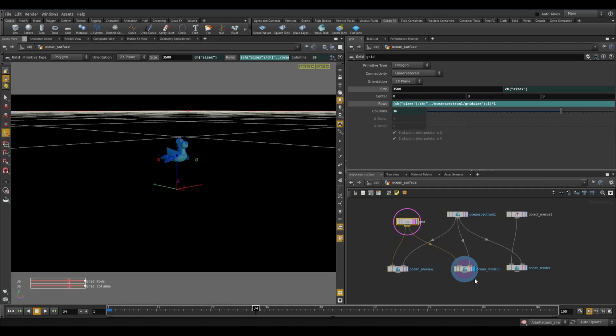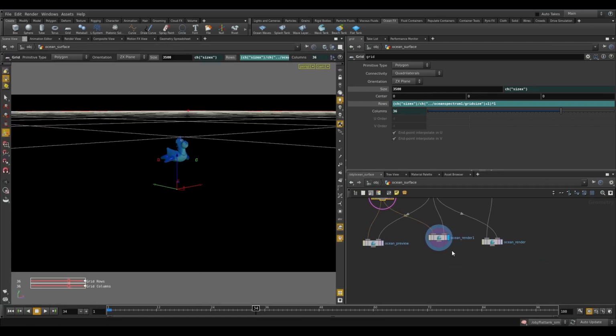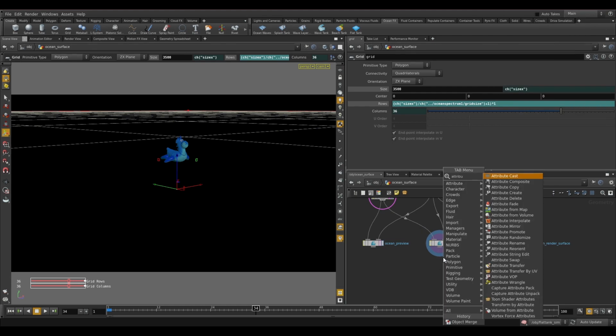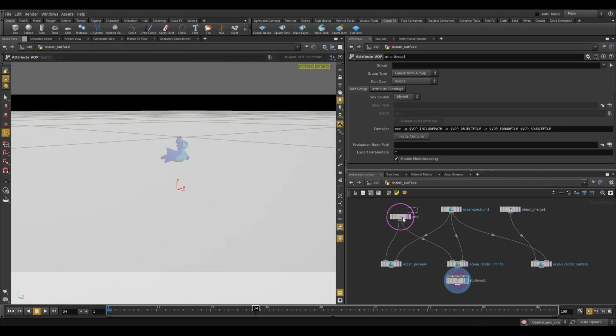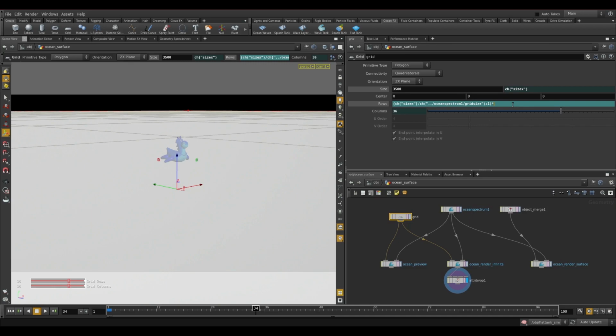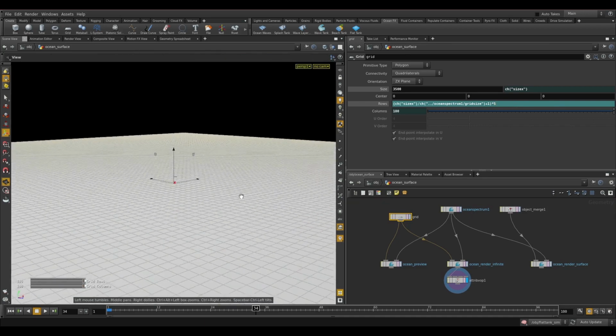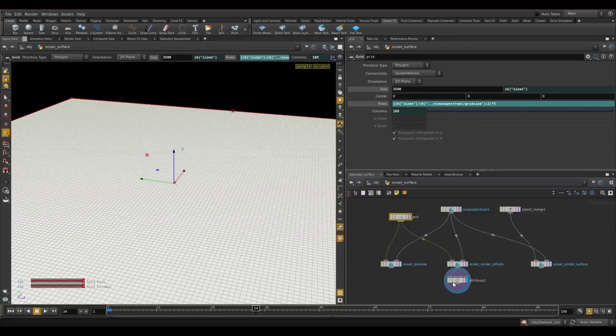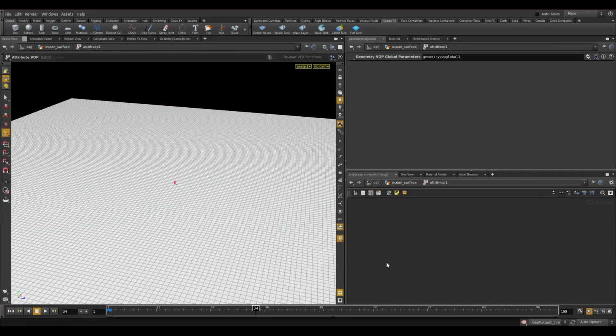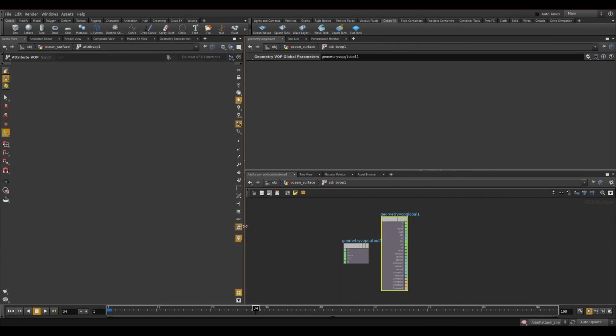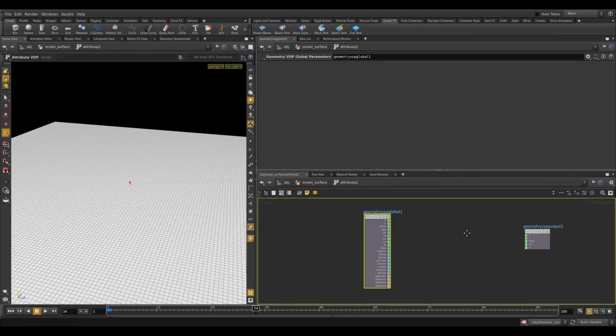And to fix this in the ocean render, I will just rename this to ocean render surface, render infinite. Alright, so to fix this I just created an attribute wrangle, and I also increased the grid subdivisions because we're gonna displace the geometry. So yeah, it's fine. So jump inside, and what I'm going to do is